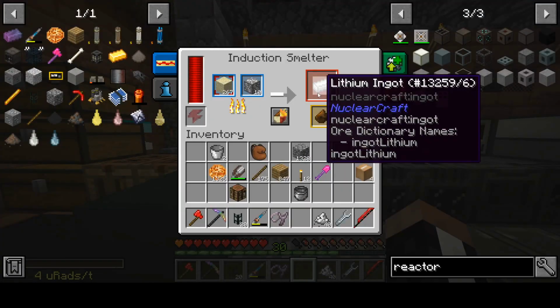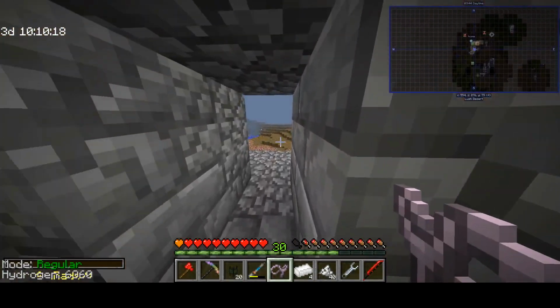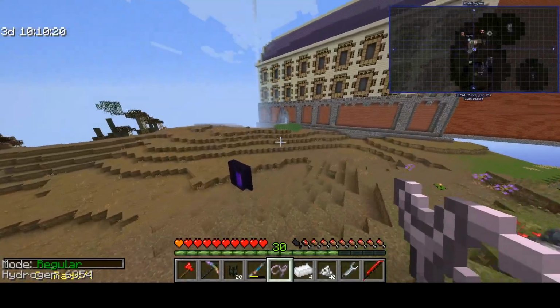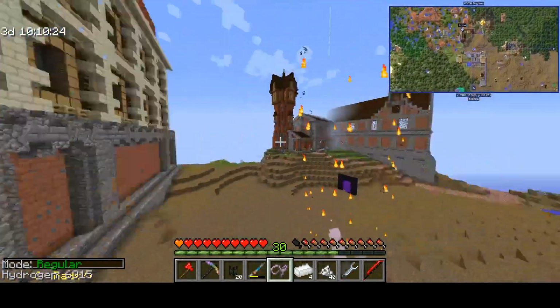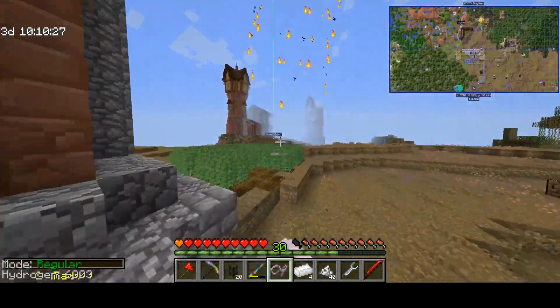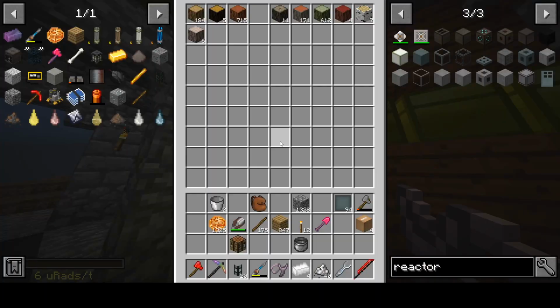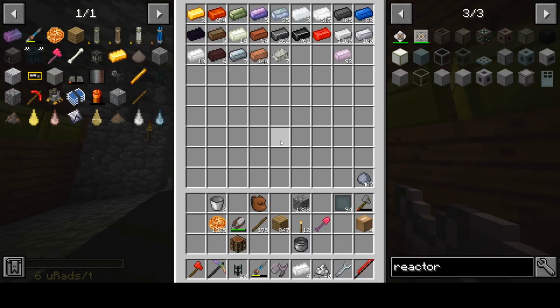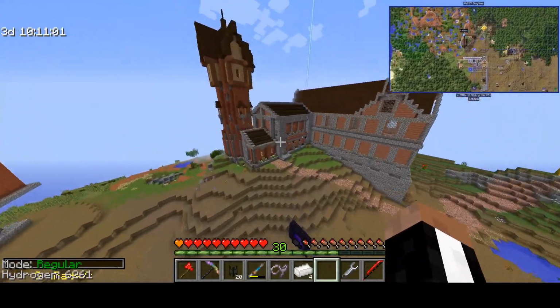So in this mod pack, there's actually two mods that add nuclear stuff. We got NuclearCraft and also HBM's Nuclear Tech mod. So both of those are adding nuclear reactors. So there's a lot of nuclear reactors we can make. However, today we're making a NuclearCraft reactor because it can give us isotopes that I will use later on, like